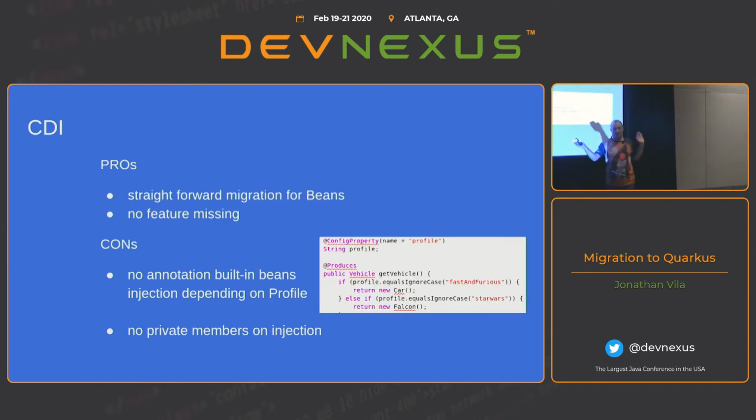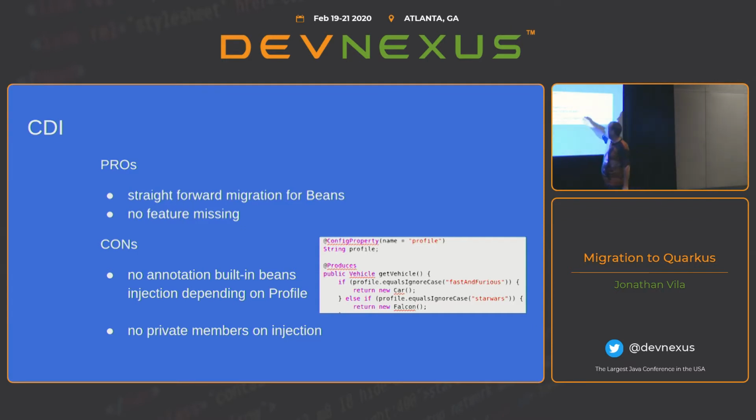Well, apparently it's straightforward. I only had to modify the interface. I didn't find any feature missing. But with Spring, we have one interesting thing. So you can activate beans based on the profile injected on the command line, right? We don't have that. So what we can do is just to do it manually using produces on the CDI.